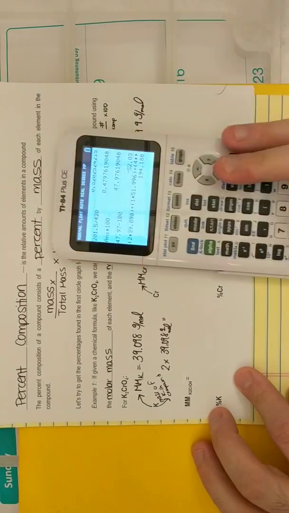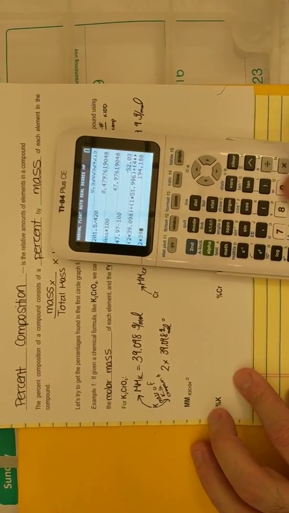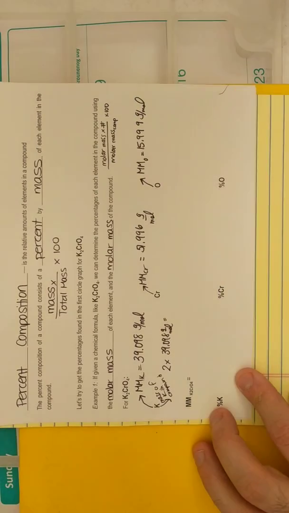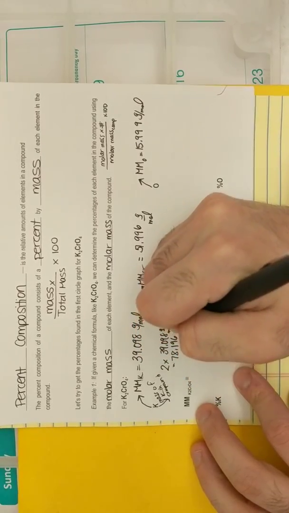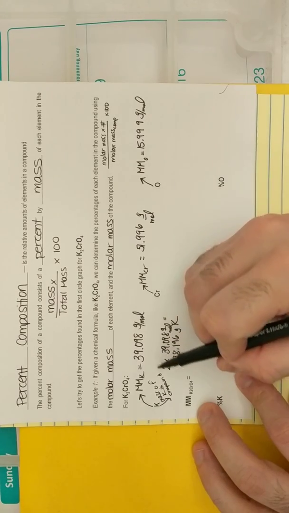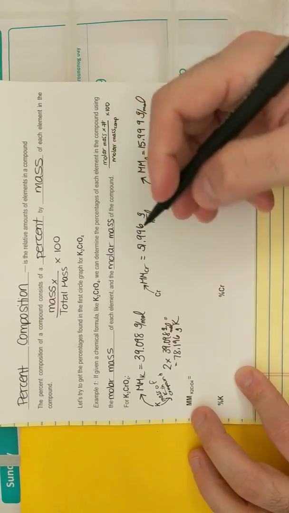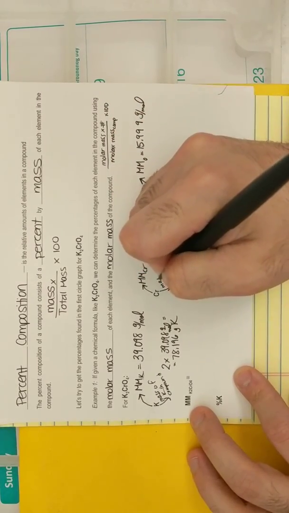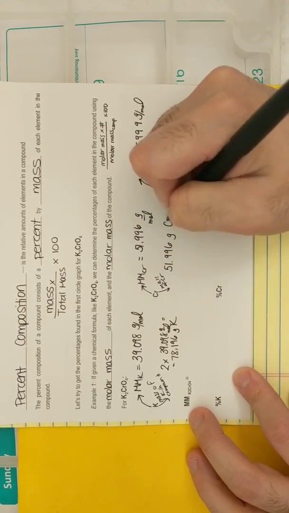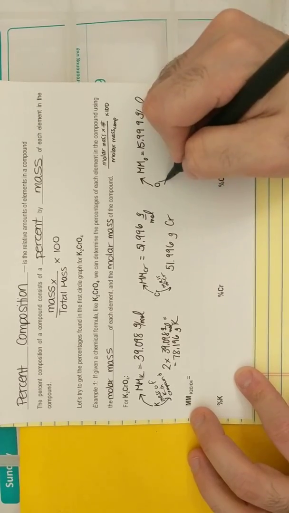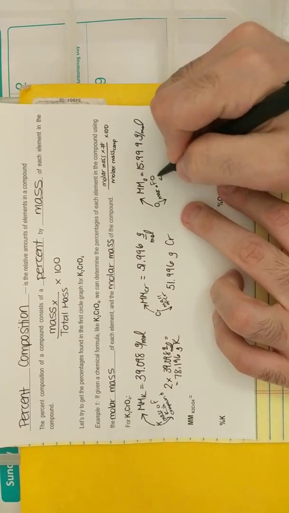I'm going to record that mass on the bottom here, and this is going to be very important. I'm doing this piece by piece, but you'll see why later. So 2 times 39.098 is equal to 78.196 grams of K. This is how much potassium is in this compound, technically, if I have a mole of the compound. For chromium, there's only one of them, so the mass of chromium in the compound is 51.996 grams. For oxygen, there are 4 of them, so I'm going to do 4 times